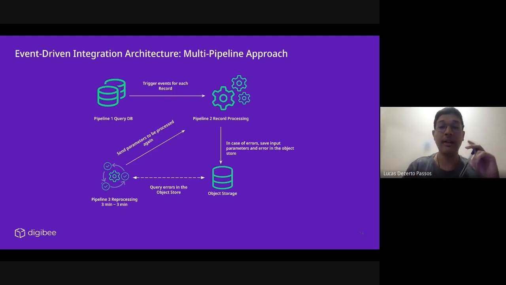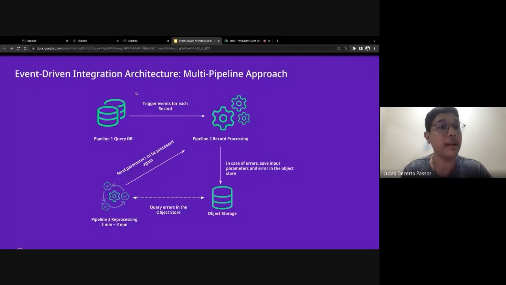So she decided to take another approach, that is to build a reprocessing pipeline that we call here pipeline number 3. And this reprocessing pipeline gets this stack of errors from a predefined period. So here we have 3 in 3 minutes, but it can be 5 in 5 minutes, or it can be at a specific time of the day. And it keeps looking at the error stack database and keeps watching. And if there are any errors, it brings the errors again to the processing queue. And we are going to take a look right now at this pipeline.